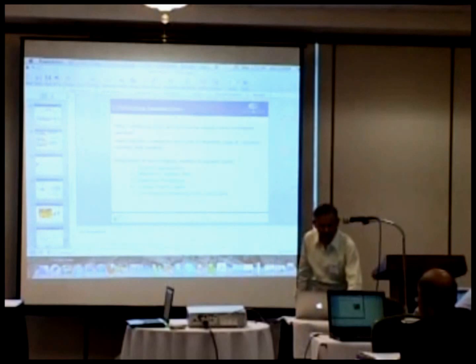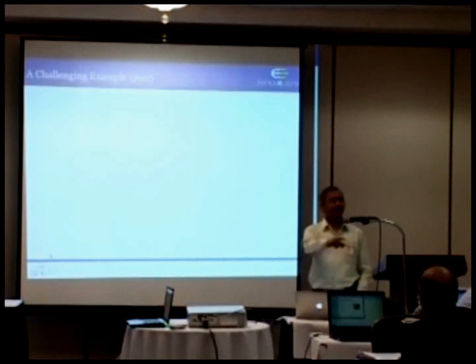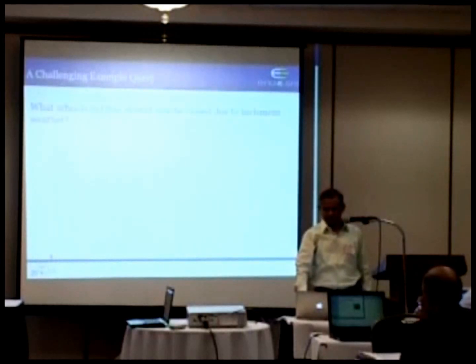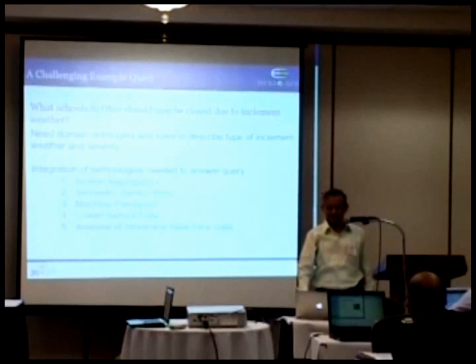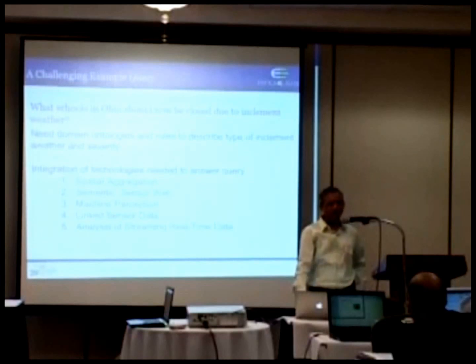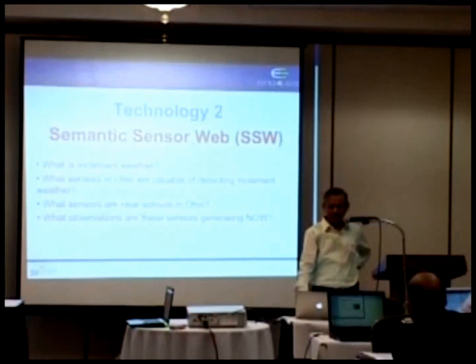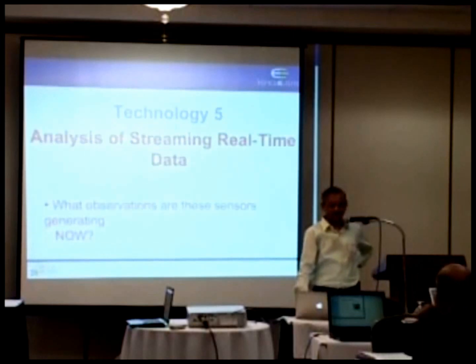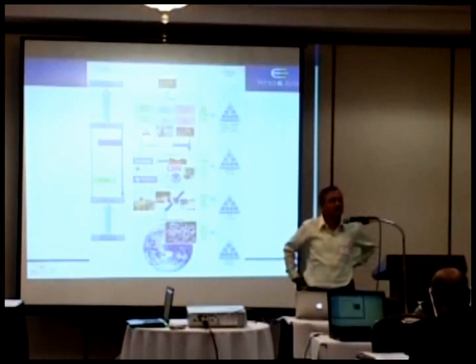Recently I gave a talk at the spatial ontology community workshop. We just did this query: what schools in Ohio should now be closed due to inclement weather? The interesting thing was that this involved 5 subsets, and within each of them a very complex set of queries to be answered. When you answer just that single query, there are so many complexities, and it will be very hard to do this kind of thing without a significant role of